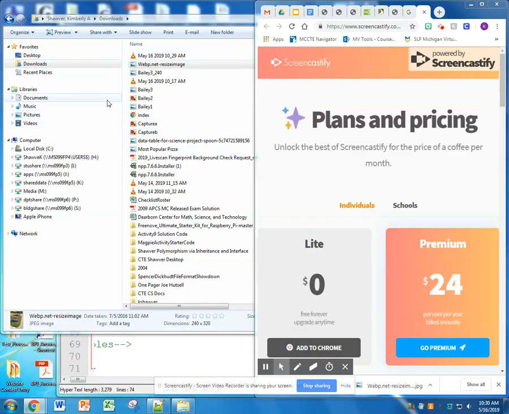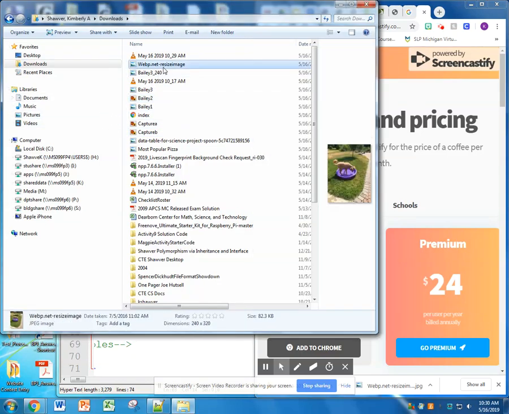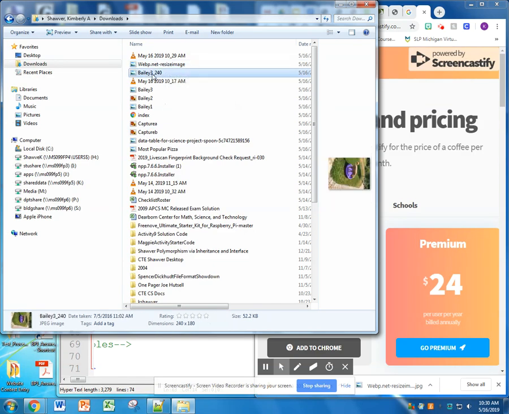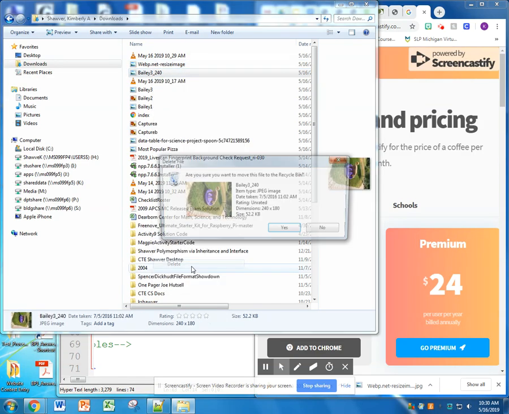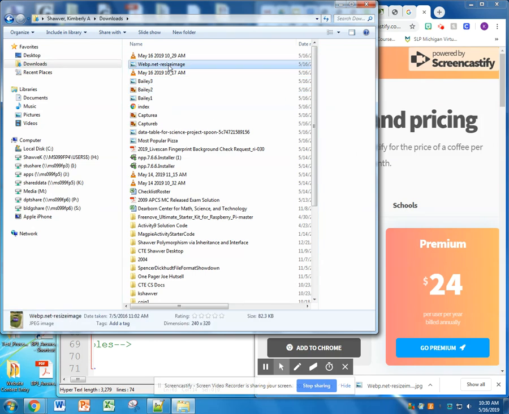Okay, so we're back in the directory. Here's the image we resized. This is the one from last time. I'm going to delete that. Okay, so this is the one we just downloaded. Let's rename it